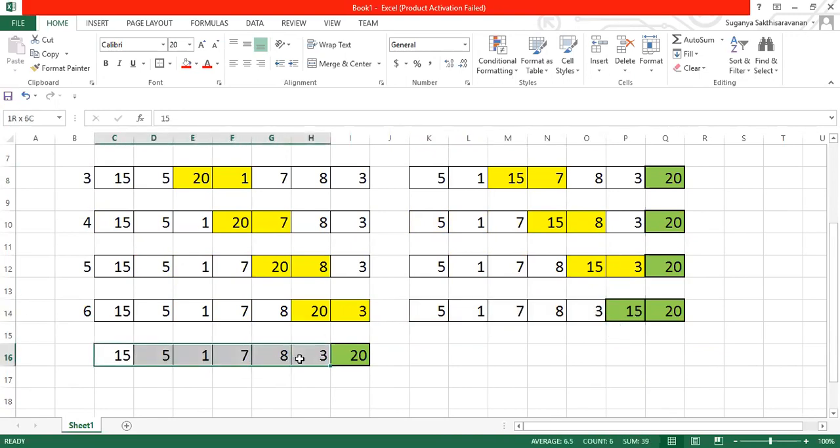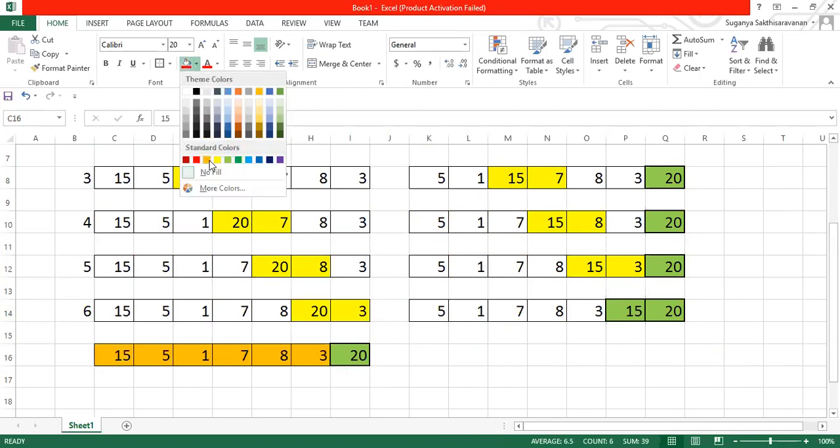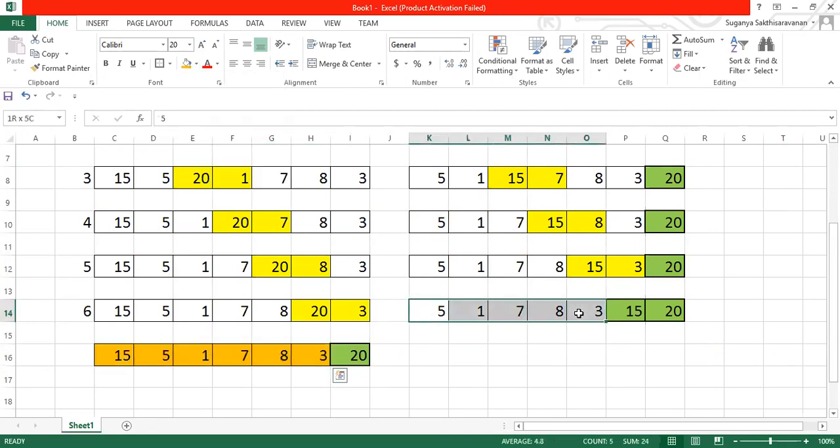Each and every time your comparison range is getting reduced. Keep this in mind. At the end of the first iteration, your comparison range is reduced by n minus 1. The second time, it is reduced by n minus 2. You are supposed to compare only within these ranges, and the rest should not be disturbed. This is the exact rule of this algorithm.